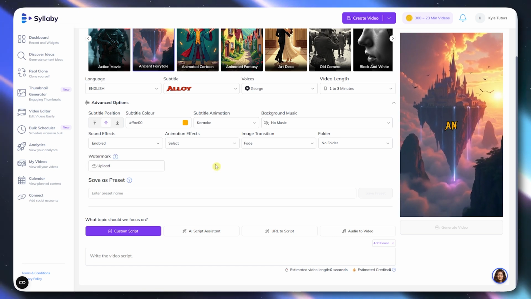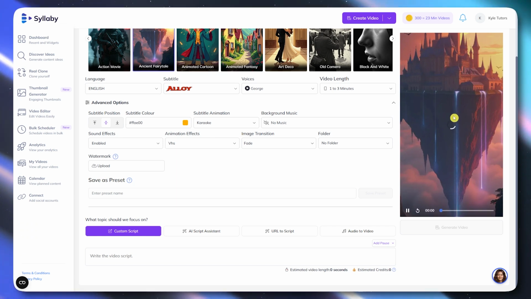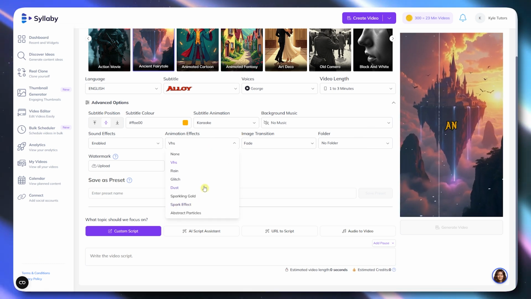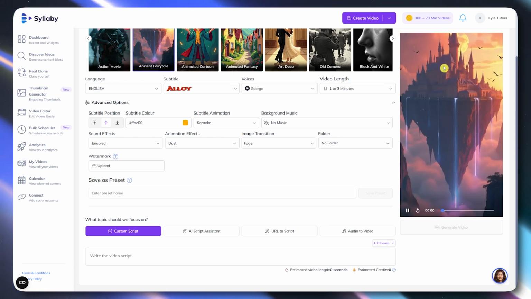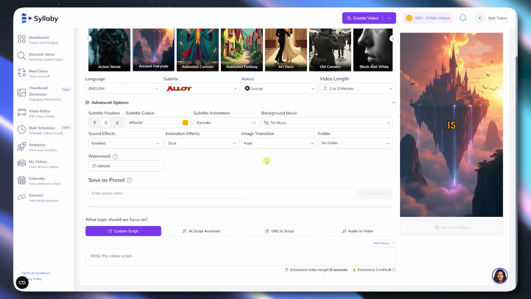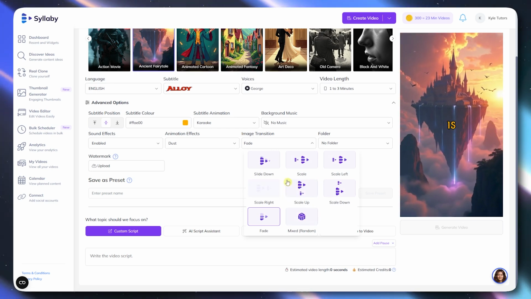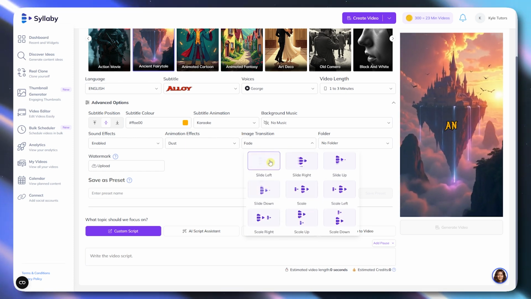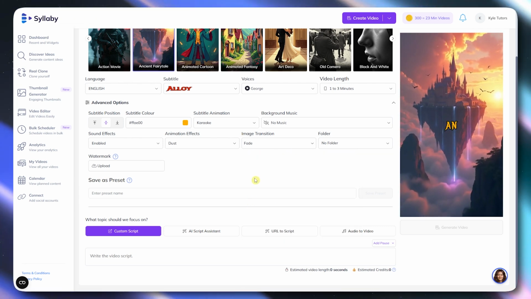Next is the sound effects. You can have it enabled or disabled. And then you have your animation effects. So you have your VHS. So this is how it would play out right here. So you can just wait for it to finish. And then as you can see, there is a VHS effects. And you could go for many more, like maybe dust in here to make it more dramatic. And there it is. As you can see, there is the dust particle. So you have many other choices in here, and you have the image transition. So in here, you could choose what transition you would want for each image that would show up in here. So you could go for random or many other transitions here of your choice. So in my case, I'll just go for a fade right here